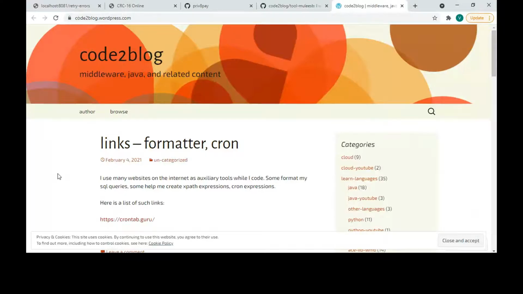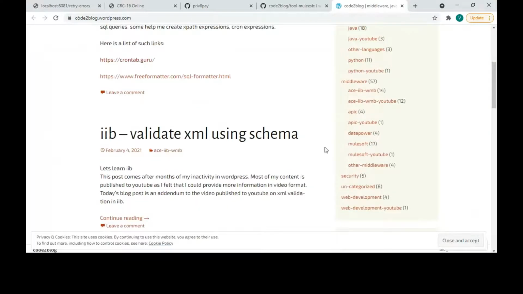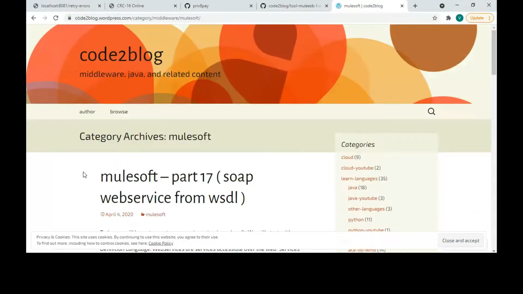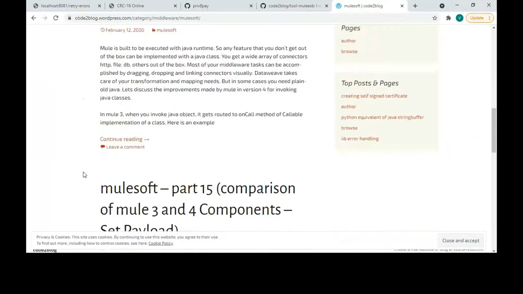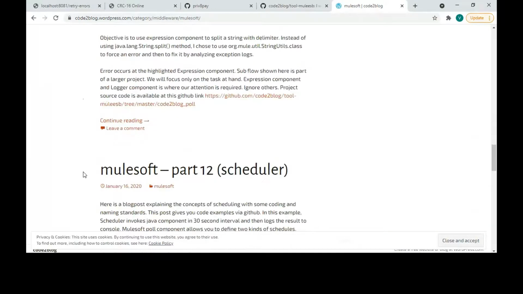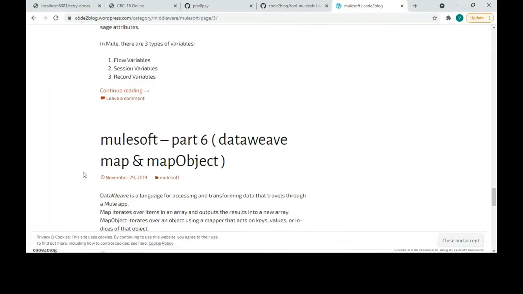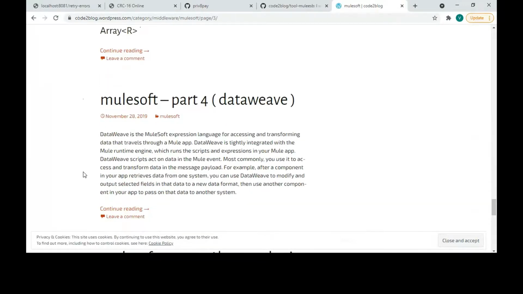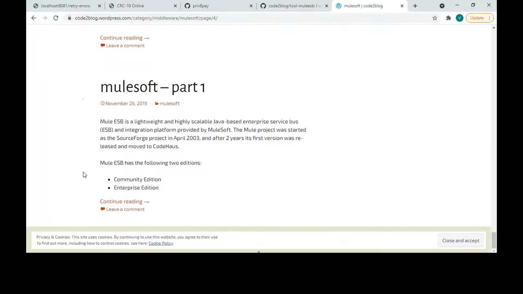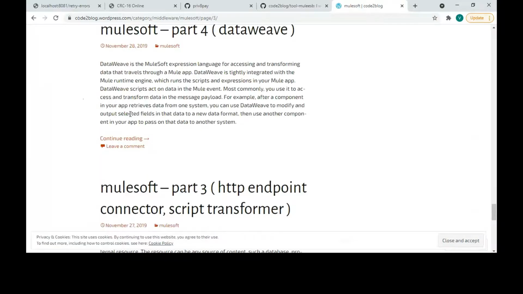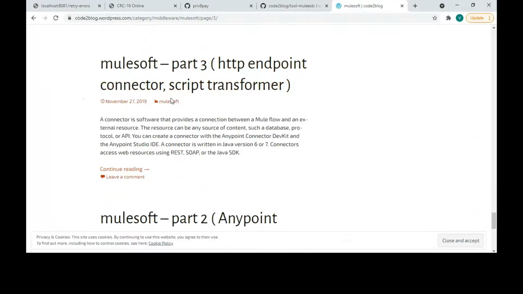Here is a link to my blog post, which I have not updated since Feb of 2021. So ignore that it does not have an updated page, but it has links and categories where you can select a particular technology and it will only show you blog posts from that technology.